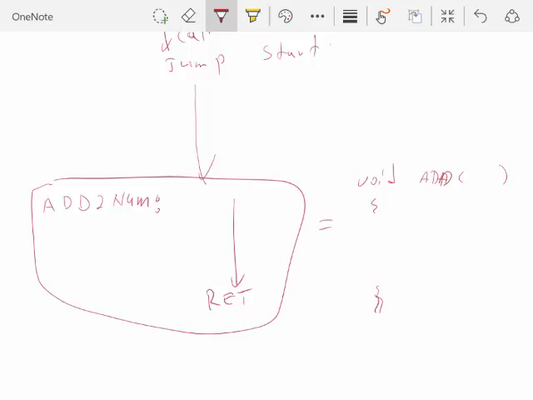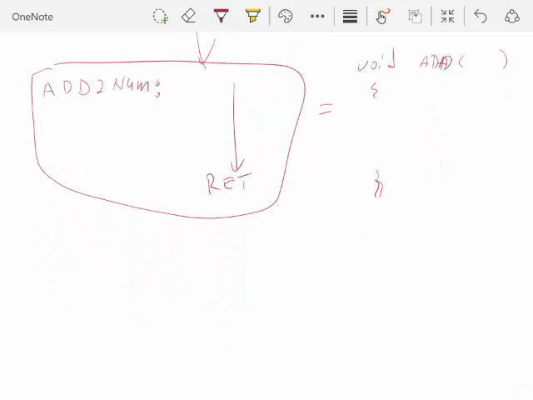We can, but the way we would normally pass variables is that we would have to push them onto the stack and pop them off. I'm not going to get into that in much detail simply because it gets a little messy, because the way the assembly language uses the call is that it also pushes the return address onto the stack. So what we have to keep in mind is that if we use the stack and we pop off the return address, then we have to push it back onto the stack. So, okay, with that said,